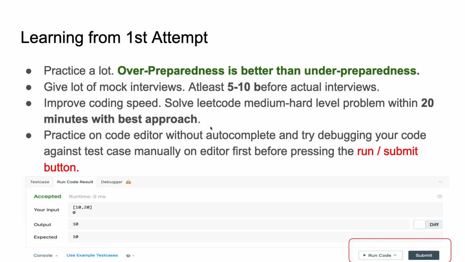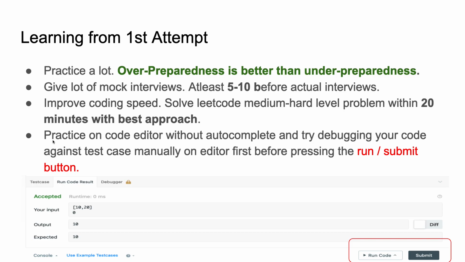That really matters, right? Don't waste time trying to demonstrate that you are struggling to come up with the best approach. That doesn't work, especially once you have a little bit of experience. It might work in college interviews, but not in off-campus interviews when you have a couple of years of experience. Don't waste time. Come up with the best approach.